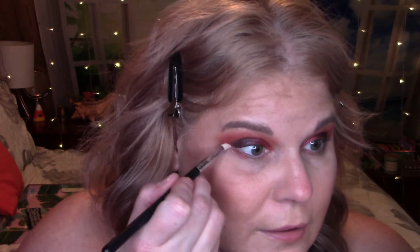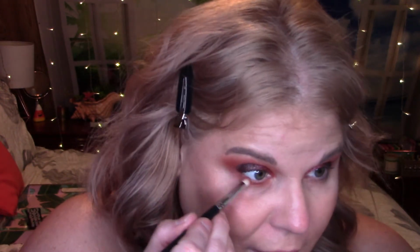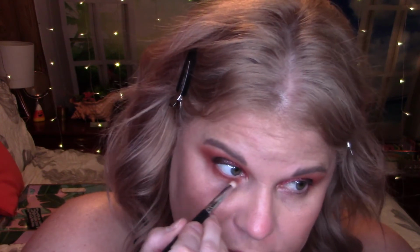Let's get a nice small brush for the lower lash line. This is a Morphe M431. It's just a nice, short, dense smudge brush. We're going to take the first shade that we used, Toasty. We're going to start with that on the lower lash line. Not that it makes any difference to me with a palette. I don't go by this, but